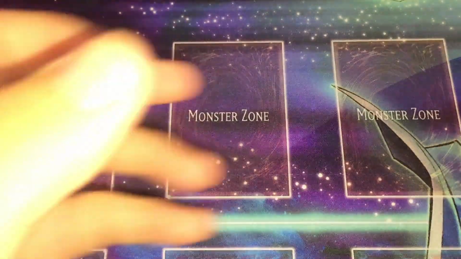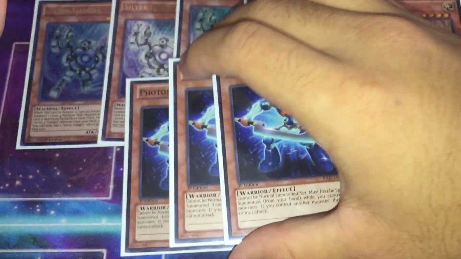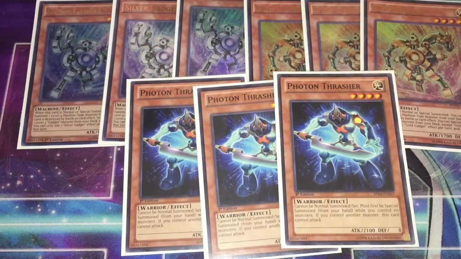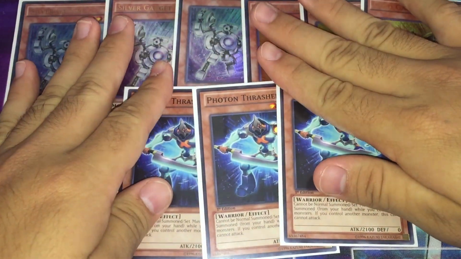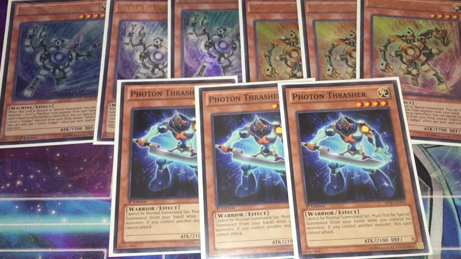Moving on to all of the rank 4 enablers now. I have 3 copies of the Silver Gadget. I have 3 copies of the Gold Gadget. And then, of course, we have 3 copies of Full-Time Thrasher. Now, I feel like maxing out on these rank 4 enablers is probably going to be the best way to play this deck. Primarily because you really want to see at least one of these cards in every single one